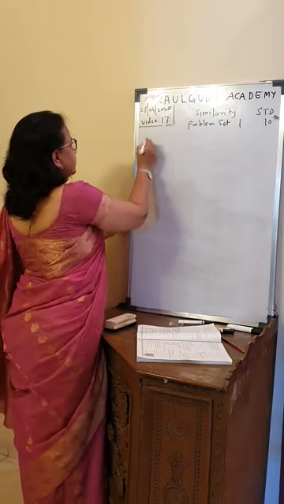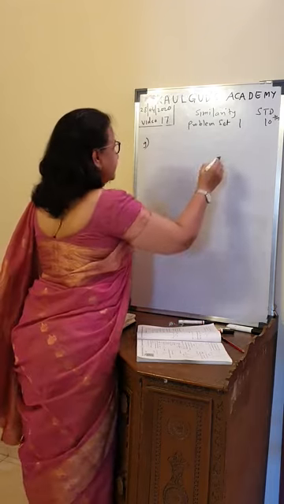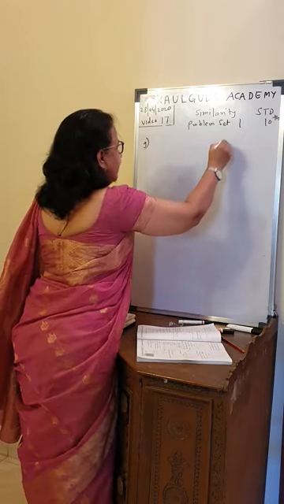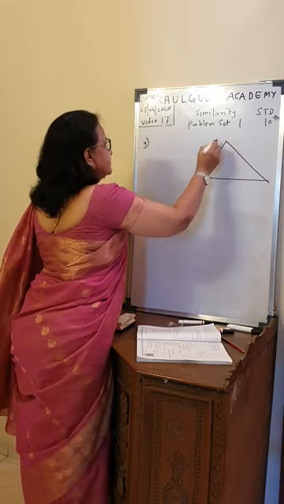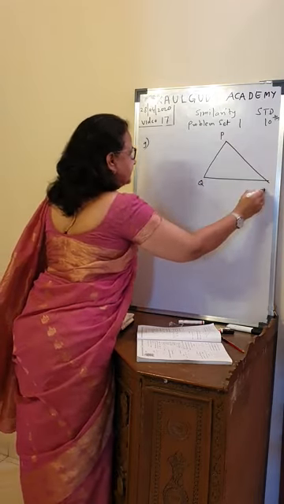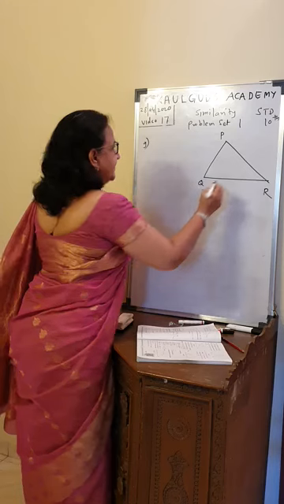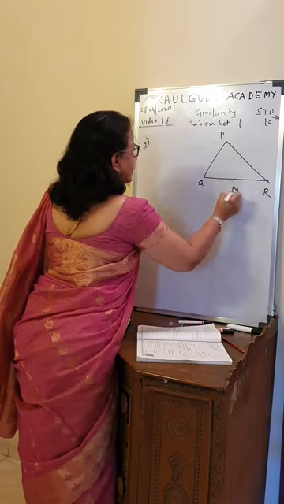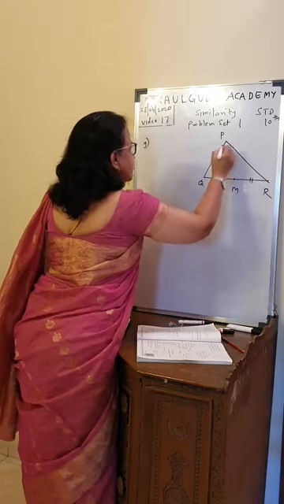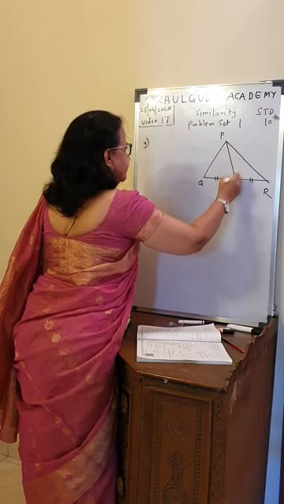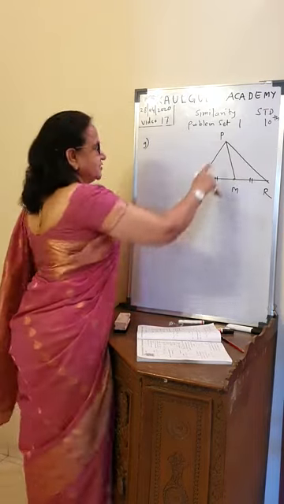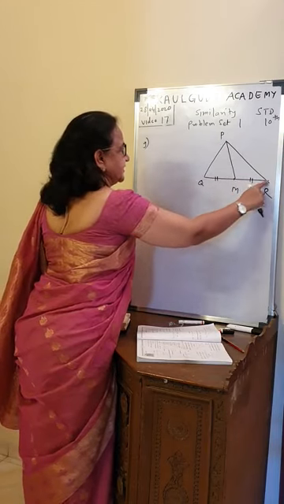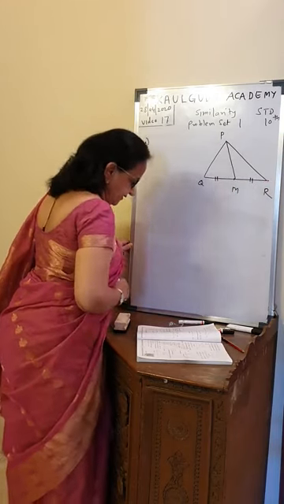Mark it a very important problem. Number 9. Now it is to be done by completing some activity blanks. Okay, we have to fill in the blanks. Triangle is PQR given, and in that M is given the midpoint of QR. Join PM. So this PM will be called the median of the triangle, joining the midpoint of the opposite side. So we get a median that is given.